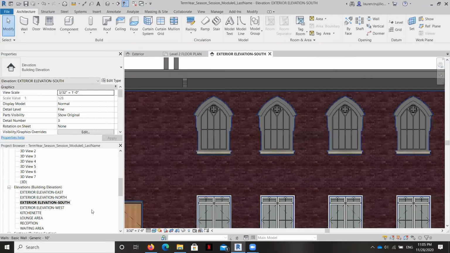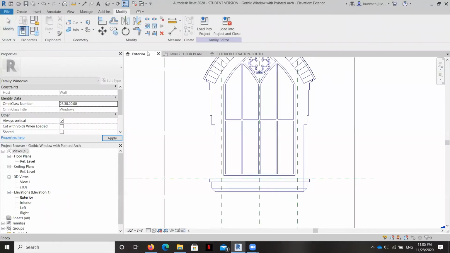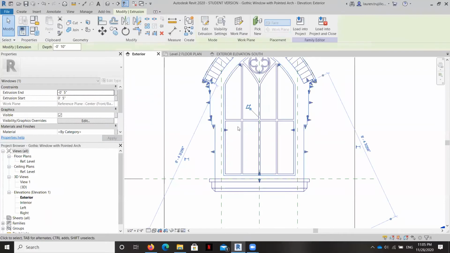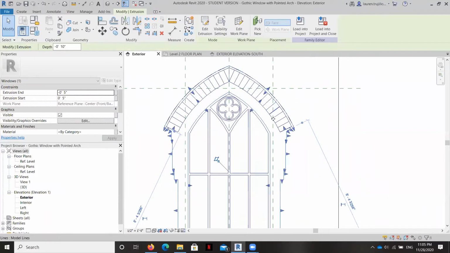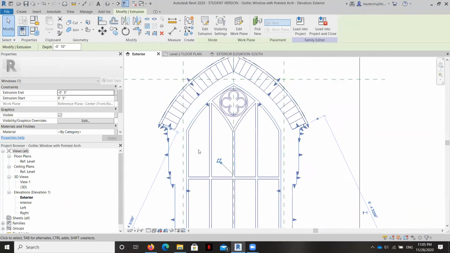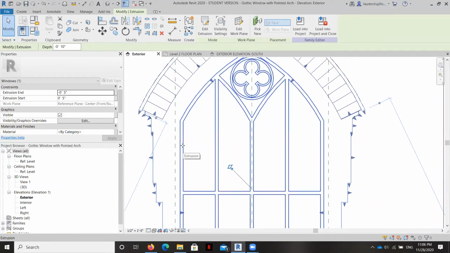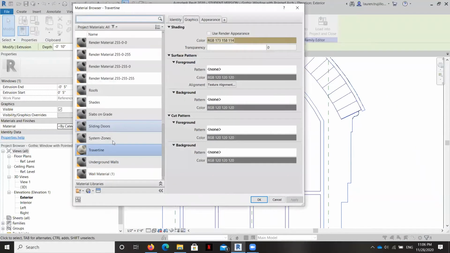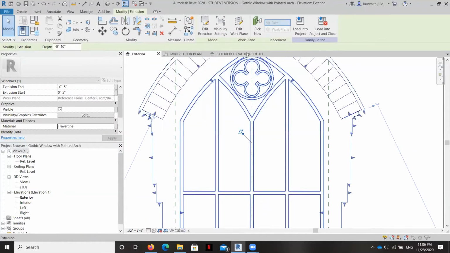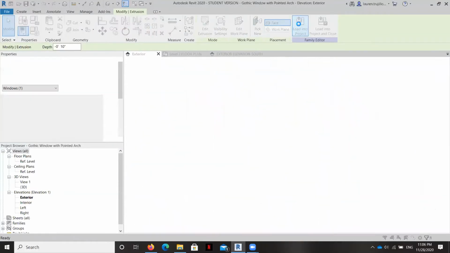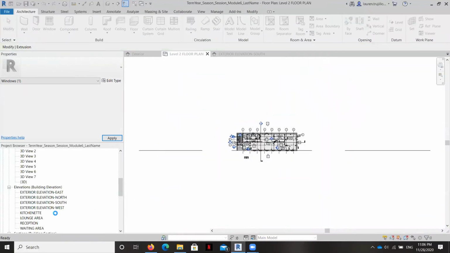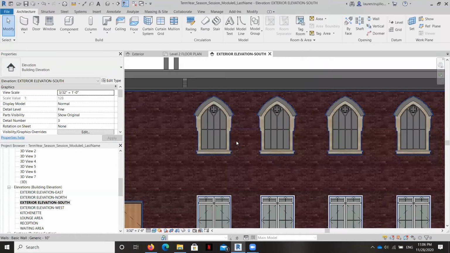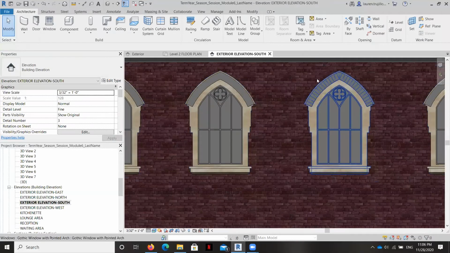Okay, so all I need to do now is just go back to that family and select the remainder of the extrusions that are in this form. And we've also, again, we've got to do it one at a time, remember, because these were all separate. So I'm going to go once again to by category and select the travertine as the finish. Okay, and I can load it into project just to make sure I did it right. And so it's nice because you'll be able to see it every time that family occurs, and then you'll be able to see which extrusions still need to be changed.